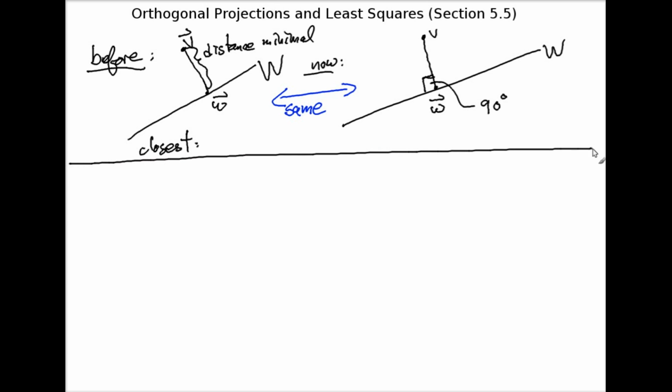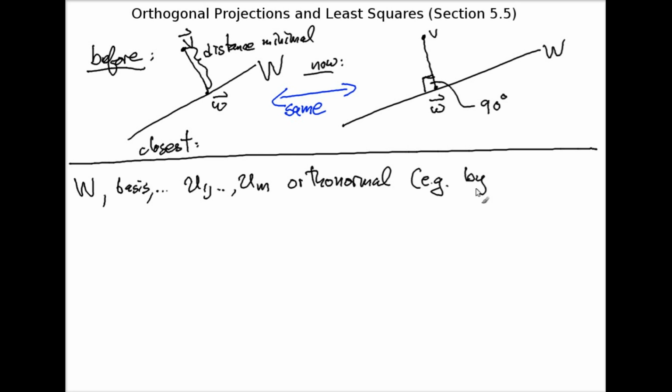Okay, so the nice thing about thinking of it in terms of the orthogonal projection is there's a nice formula for it. So remember, we're given a subspace W which has some basis, and we're free to choose an orthonormal basis. It doesn't matter what basis you use, so choose an orthonormal basis. Typically, you might choose that by doing Gram-Schmidt, but it doesn't matter. However you come up with an orthonormal basis is fine with me. Once you have an orthonormal basis, then